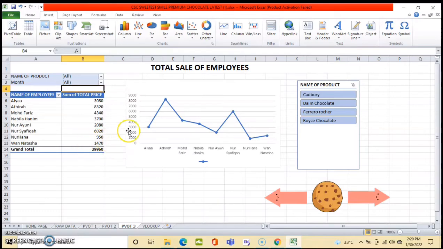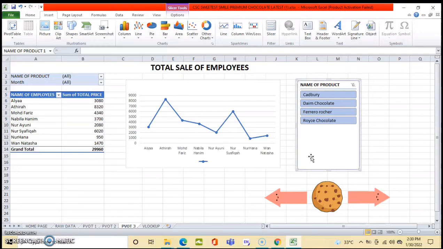Furthermore, we also analyze the pivot chart to reduce confusion, such as just inserting the data in the row, filter, and so on. The pivot table is actually more convenient and understanding friendly. Okay, I will explain about the slicer. This is a slicer for pivot table 3. As I mentioned earlier, the slicer is the tool to get more specific data for the total sale of employees and total chocolate sale for a period of 1 month.